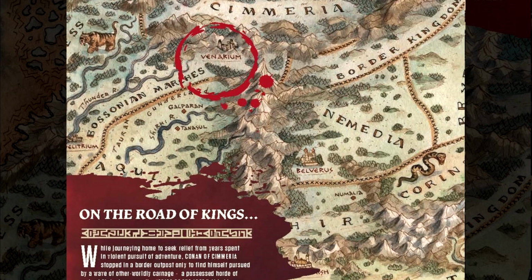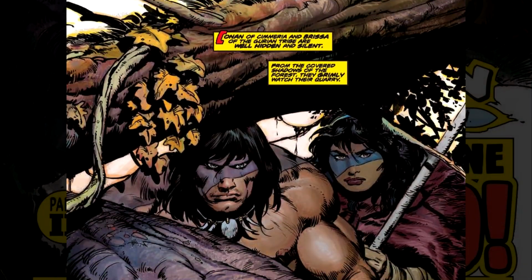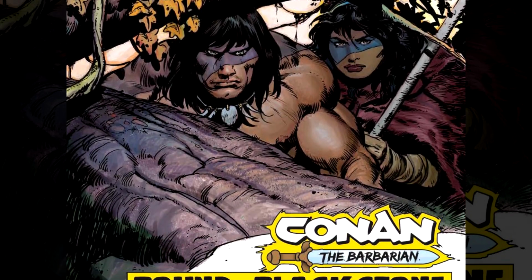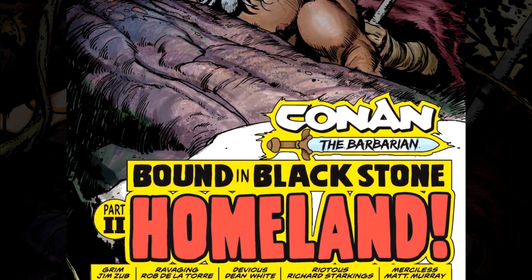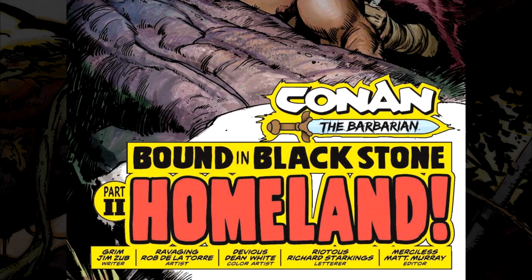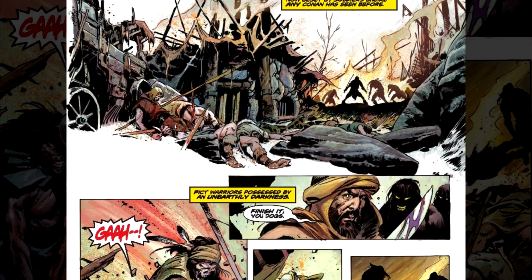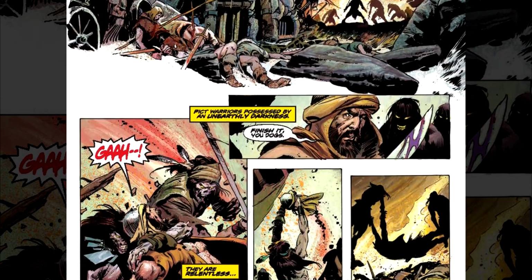This is just as good, and we're going to compare the art in this regard to the original Conan stories that came out in Marvel Comics when Roy Thomas reinvigorated life into not only Marvel Comics, but the Conan property in and of itself. Conan was outselling Spider-Man, I believe, by 4-1 for a while. That's how damn good it was. It was so good. That's the reason why